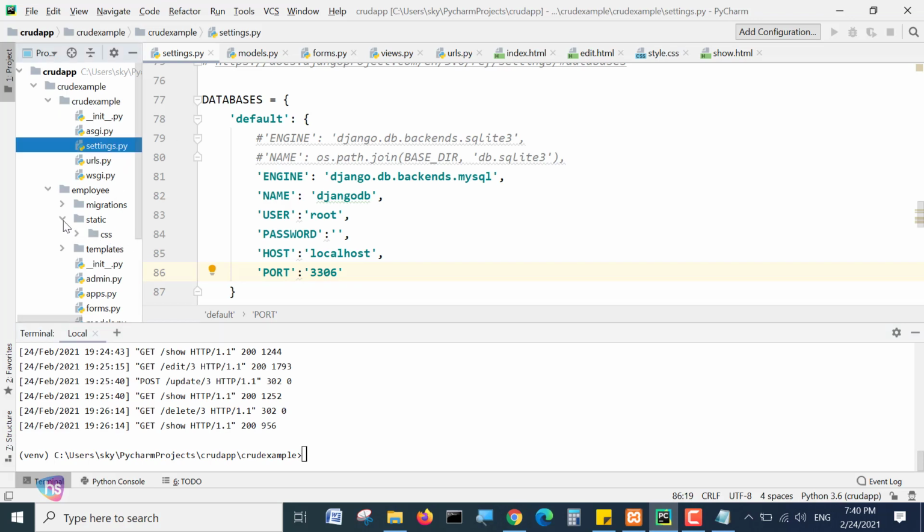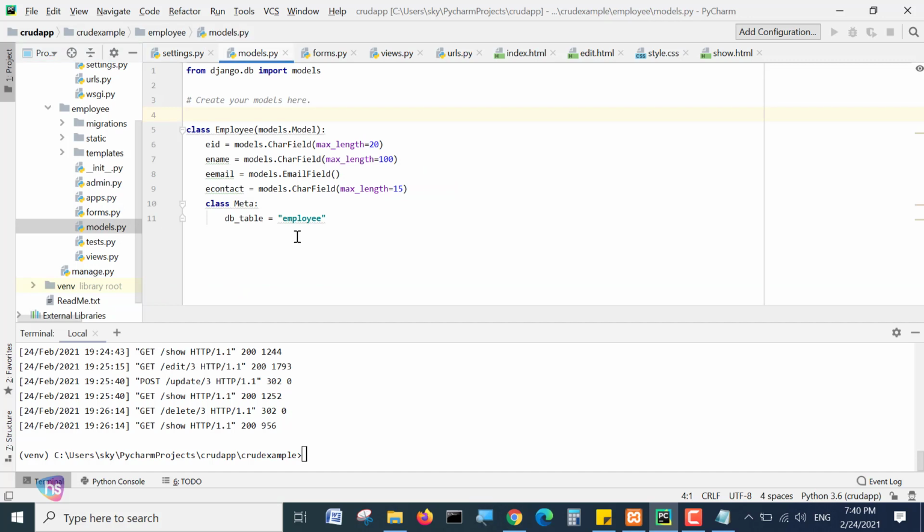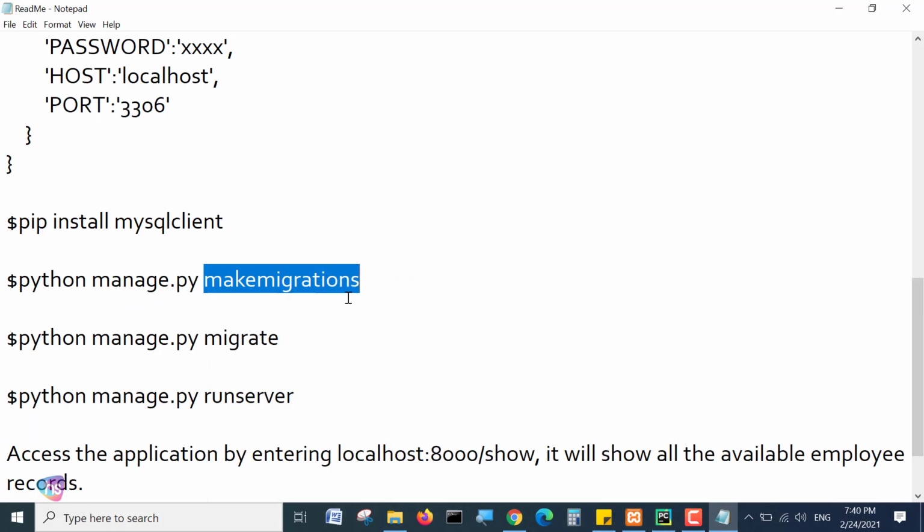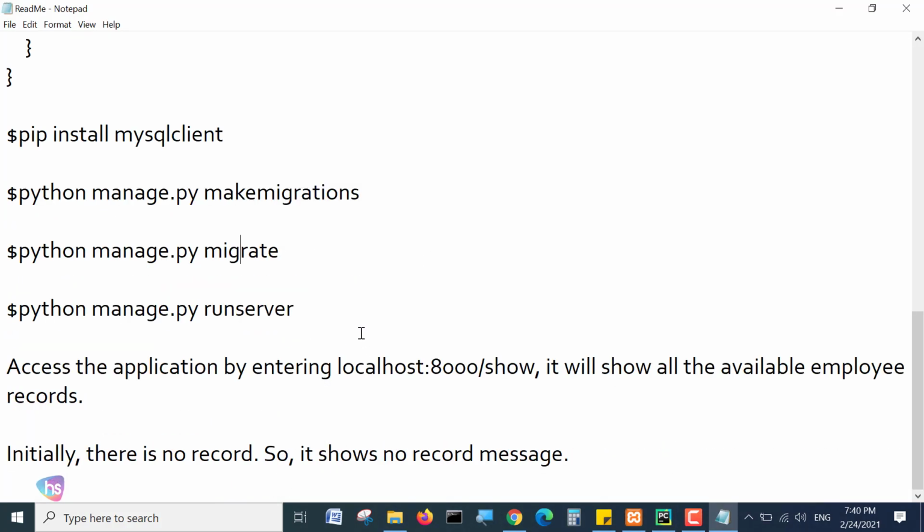Where is the model? I'll show you. See the models.py, this table we are going to create. PyCharm along with the Django framework follows the MVC architecture: model, view, controller. Strongly remember, this table is to be created in our database. For that purpose we execute the migration to create the database table, python manage.py makemigrations and python manage.py migrate. Once these steps are completed successfully, you run python manage.py runserver.